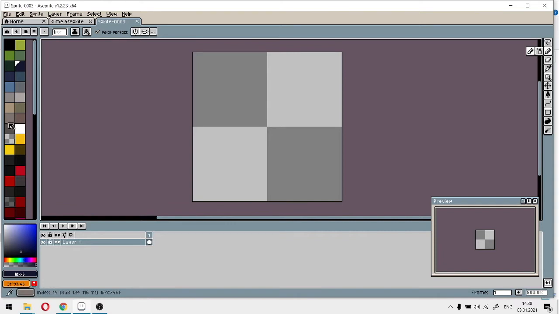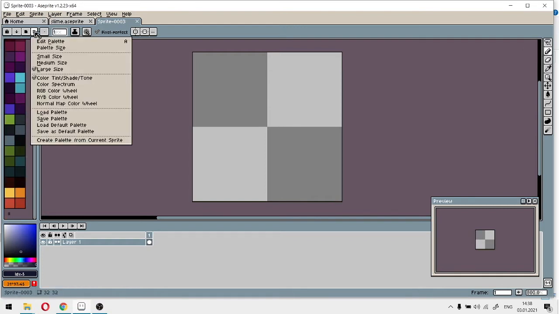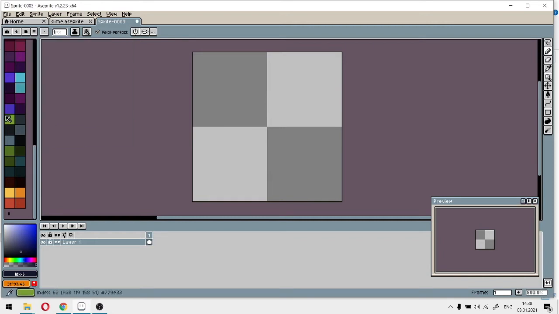At the left, you have colors. All of those colors together are called a palette. This is my default palette that I use for my game characters and environment pieces and all that stuff. It is loaded here as the default palette. Like you see, load default palette, save as default palette. If I click default palette, it won't change because this one is default. Let's make some changes in this